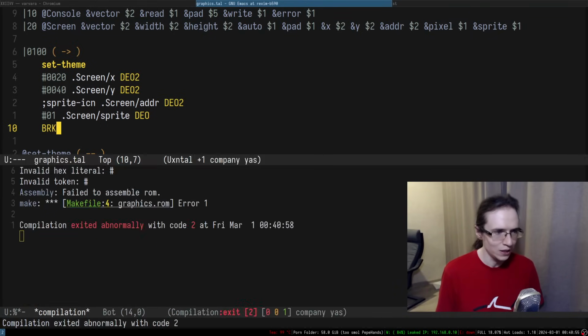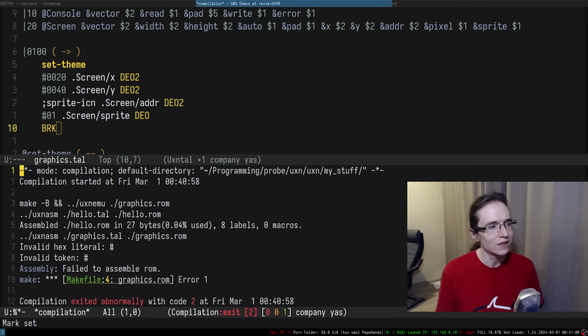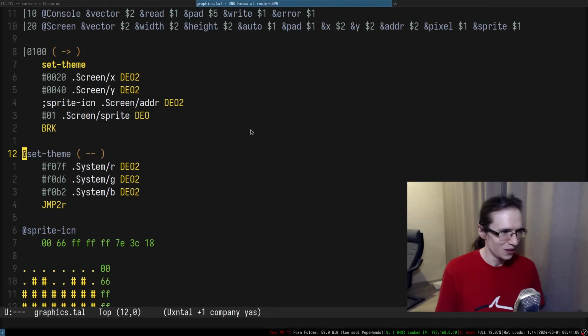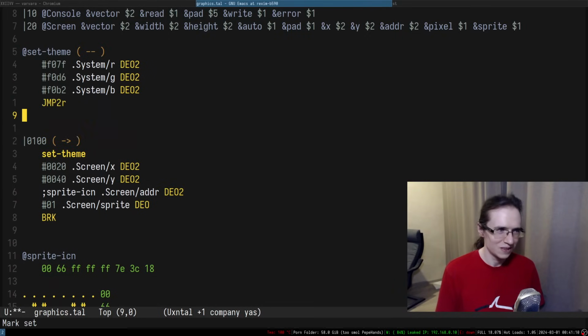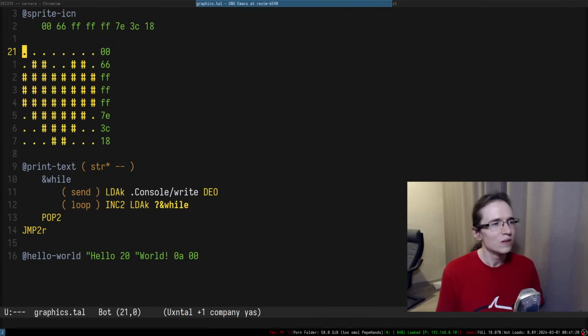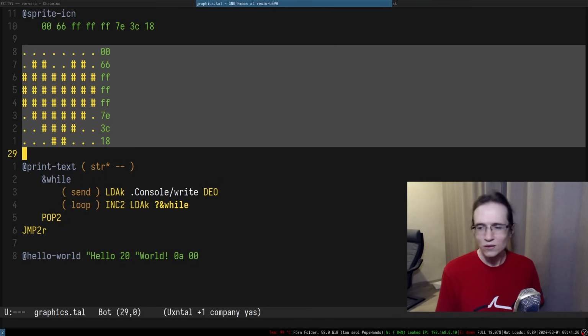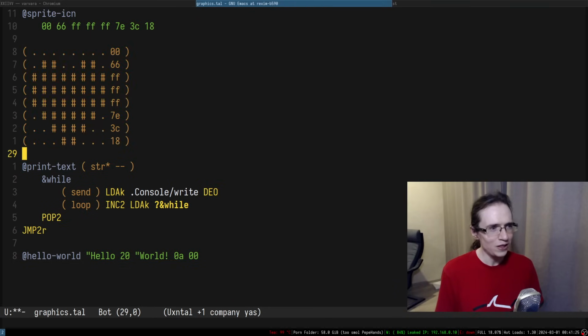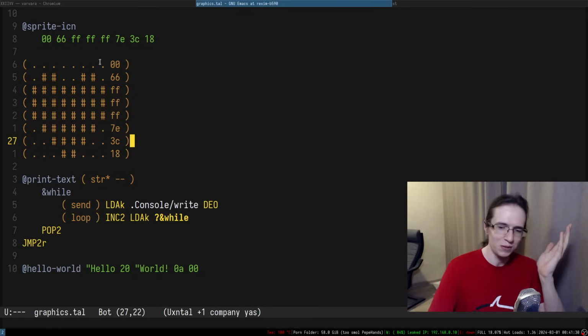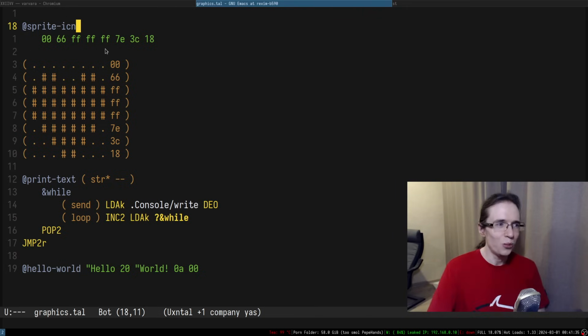So let's actually try to build this entire thing. Invalid hex, and it doesn't tell us where exactly it is. Bravo. Okay, so I suppose remove the heart. Are you telling me that? Oh, so it's stored in the bytes. Oh my god. So it's not part of the... Why did you make it part of the language then? Why is it...